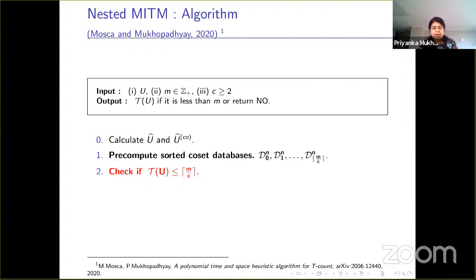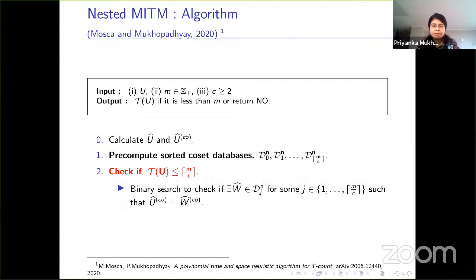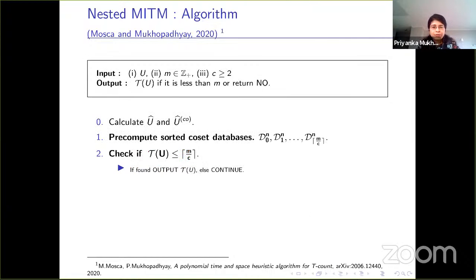Then what we do, we check if the T count of this unitary is at most m by c. We have stored all the unitaries of T count at most m by c. So we can check this very efficiently by a binary search because all the unitaries are ordered lexicographically. So if we do not find the unitary in this database, then we do the nested meet in the middle